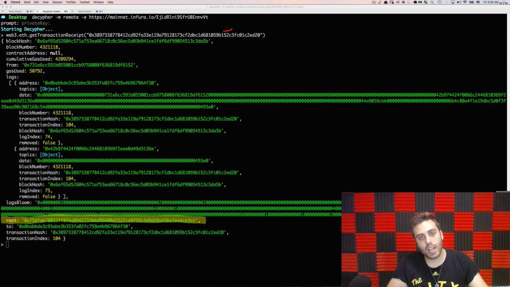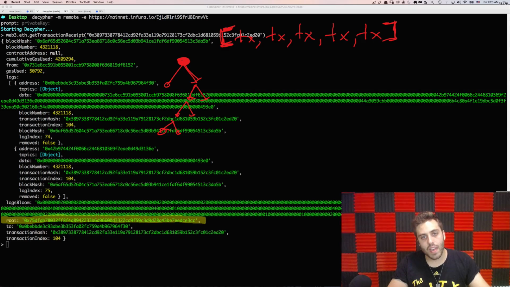So what is this? When an Ethereum block gets mined, it has a bunch of transactions, right? TX, TX, TX, TX. And after each one is processed, it generates a new node in the state tree. The state tree is a Merkle tree, so it hashes all the nodes together and arrives at what's called the root, or the state root, when we're talking about the state tree. Then that state root is added to the TX receipt that you see here. So each time a transaction is processed, it generates a new node in this tree, and that new Merkle root is added to the TX receipt as this root here.